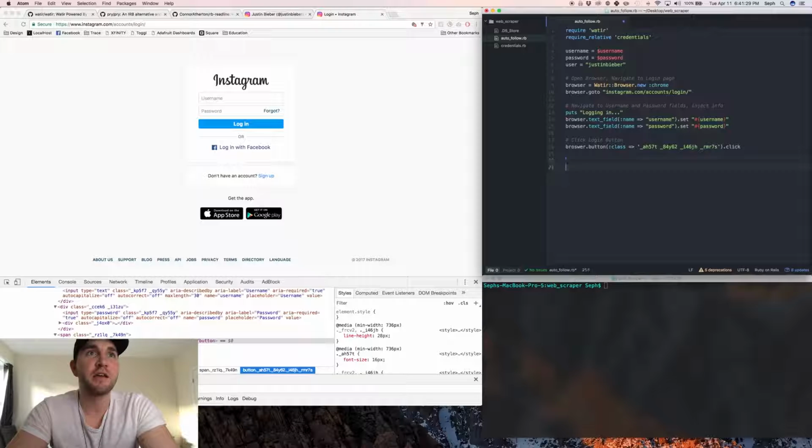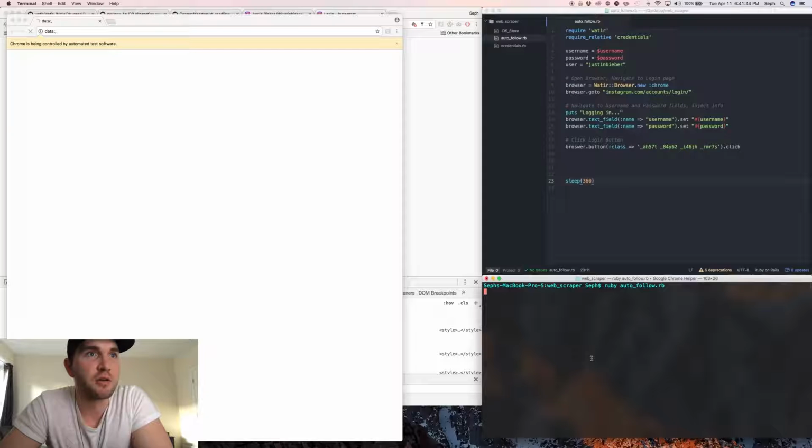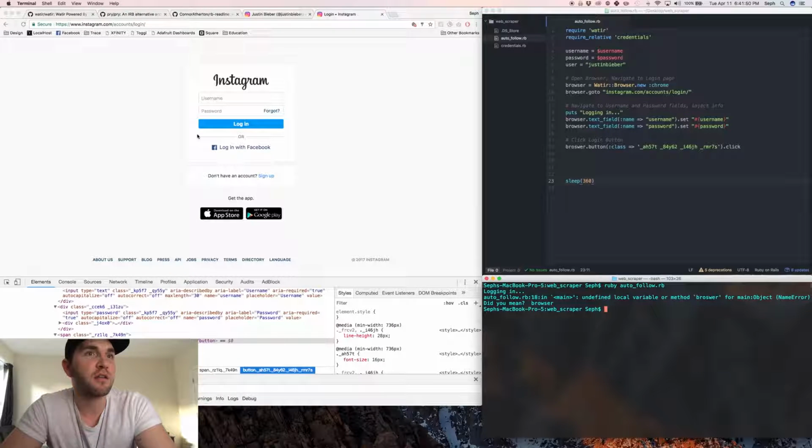So I'm going to come down here a little bit, and I'm going to sleep the program for 360 seconds. That gives us 5 minutes if we want to take it. Once the program is going, I'm going to run it now and see if I haven't made any mistakes while talking and typing. And it looks like it's working. So as you can see, it's navigating to Instagram. It entered my,